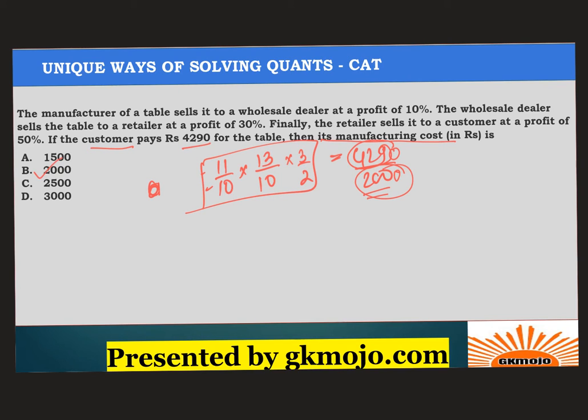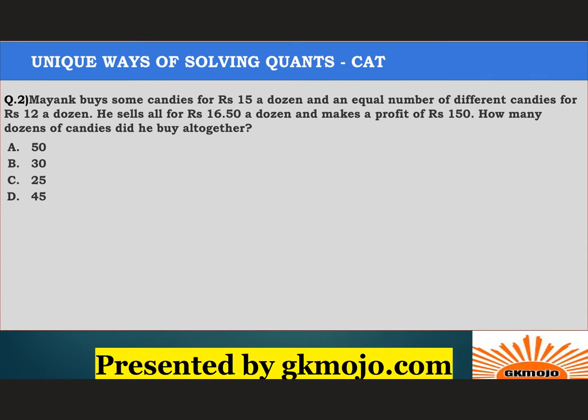So guys, often CAT uses very basic things to ask you questions, and these things are so simple that sometimes the methods that we study in traditional arithmetic confuse us. But many a time CAT will give you questions which are very easy to attempt when you go with a proper method. Next question, again a very easy question.